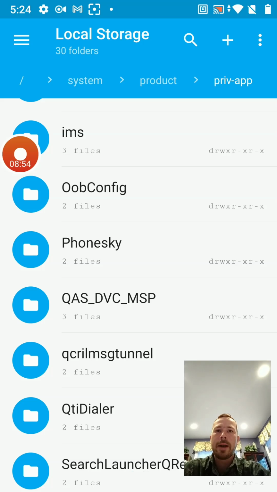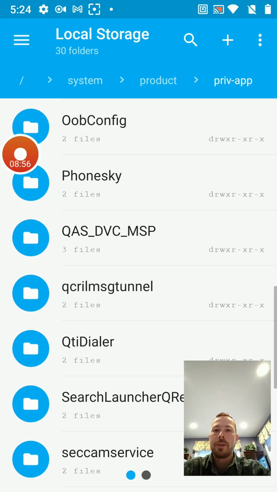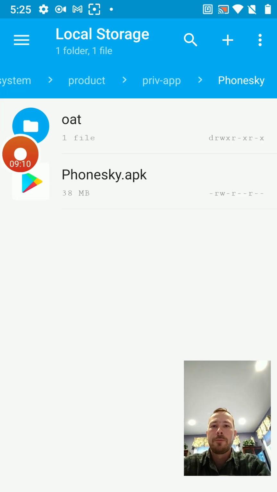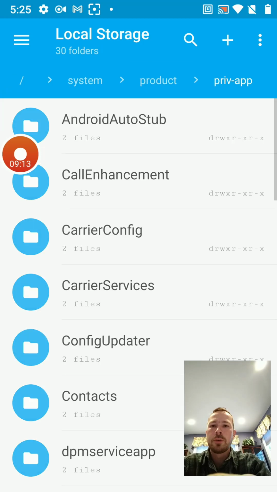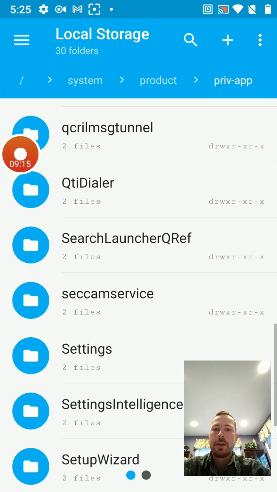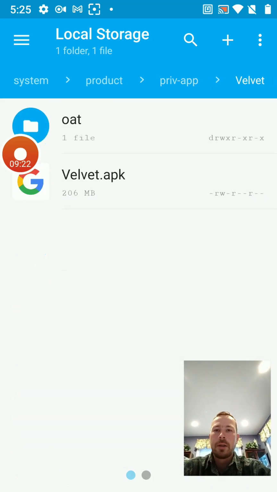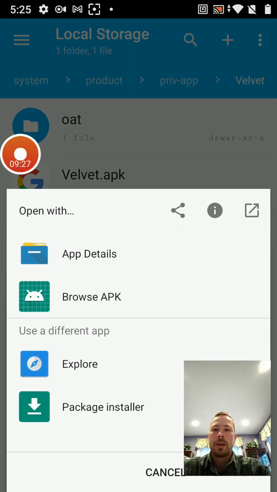I tried Titanium Backup on this, and Titanium Backup doesn't allow you to delete these apps the way I've been able to. Finesky, when you are ready to delete the Play Store, you can delete this, but remember, getting the Play Store back on here is very difficult and will require you to reflash the firmware. So we're going to leave that until we are finished adding our apps, and then we can delete that Play Store. Now to delete the search bar, this is called velvet.apk, and we're going to go ahead,